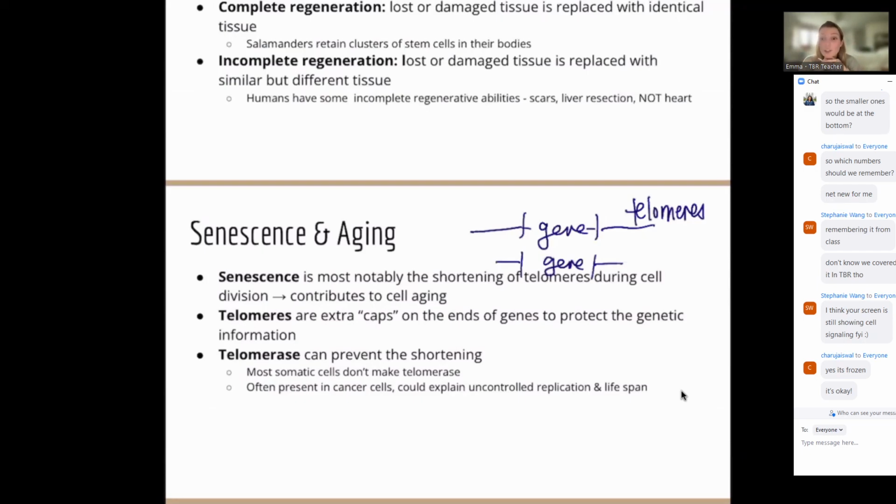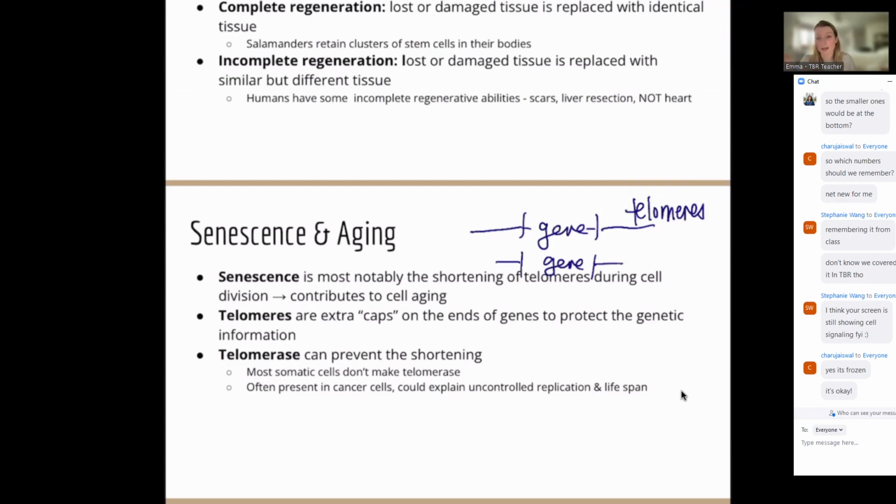Eventually over time, as our cells get older and older and we've replicated and replicated, these telomeres are going to get shorter and shorter, and potentially that could impact the gene. This contributes to cell aging, which contributes to the aging of our whole bodies and the ability to continue going. They think that maybe not Alzheimer's specifically, but memory loss potentially is related to the shortening of telomeres as well. They're doing a lot of study right now on telomeres.